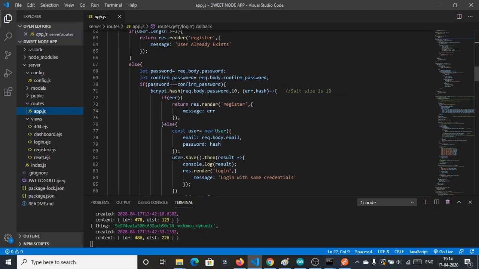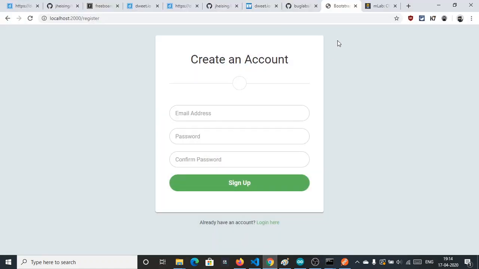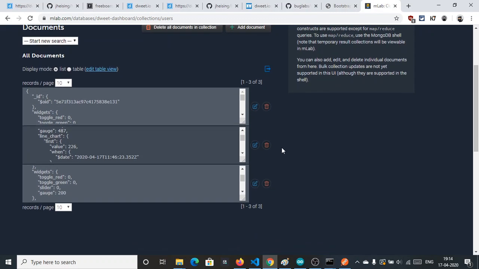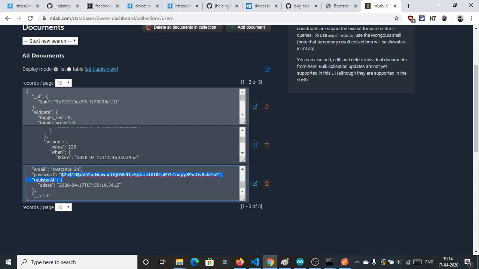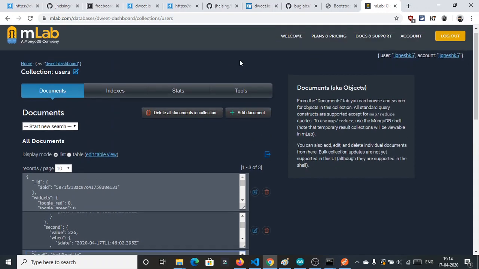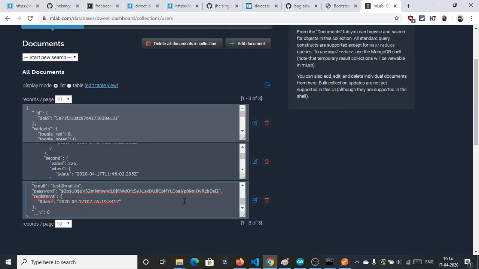If they are equal, what we are doing is hashing the password. We are not storing the password as it is, because for security reasons it is preferable to store the hashed password, because if your database is hacked, then the information can't be leaked.